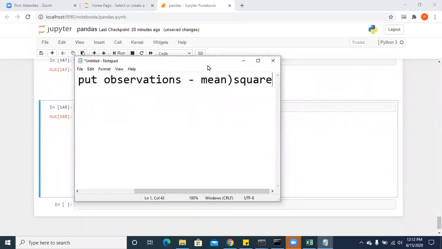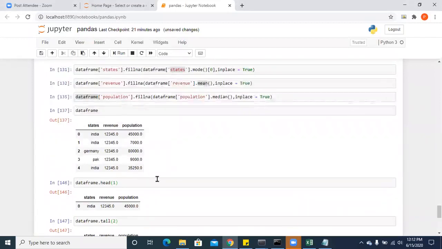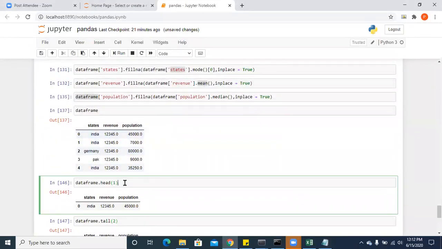Input observations minus mean whole square. So here, the standard deviation will become 12345 minus 12345 whole square